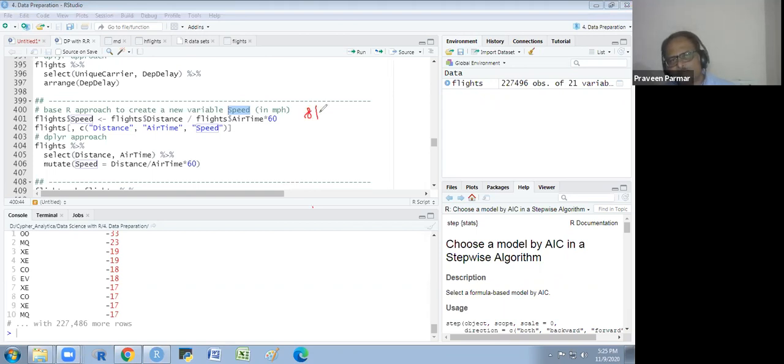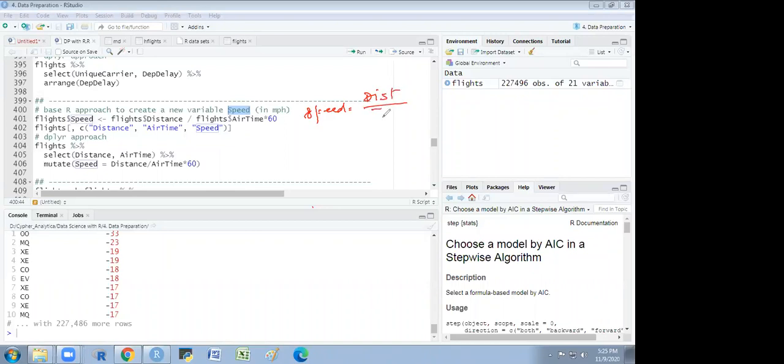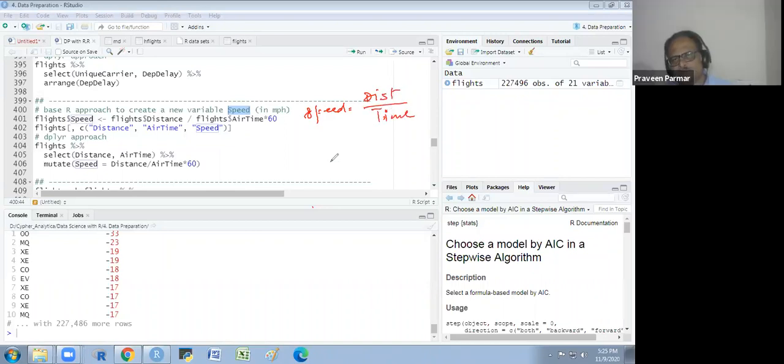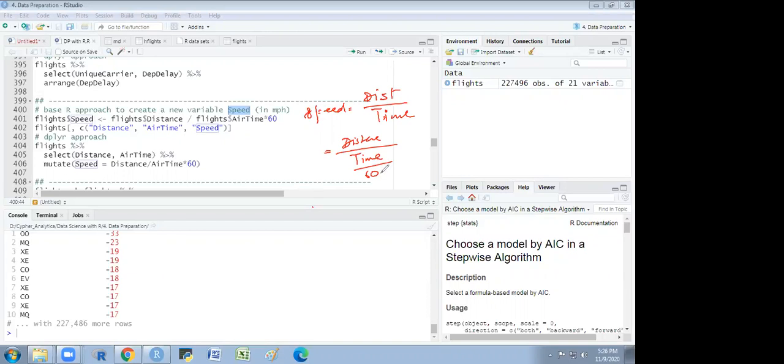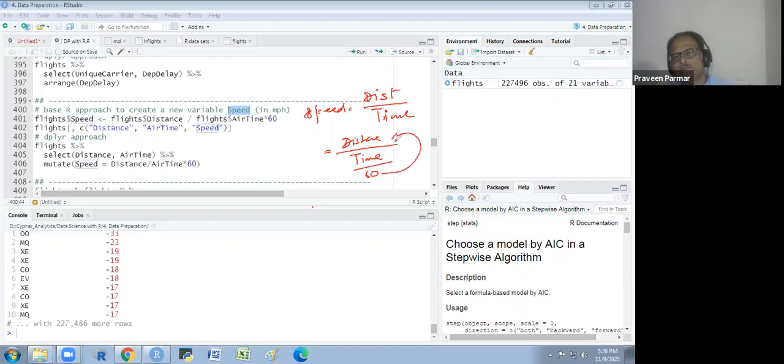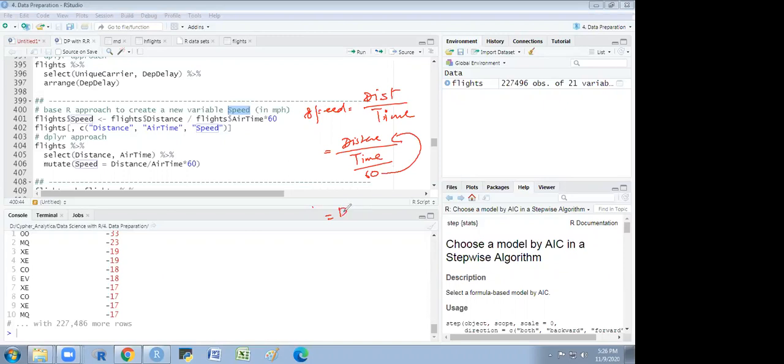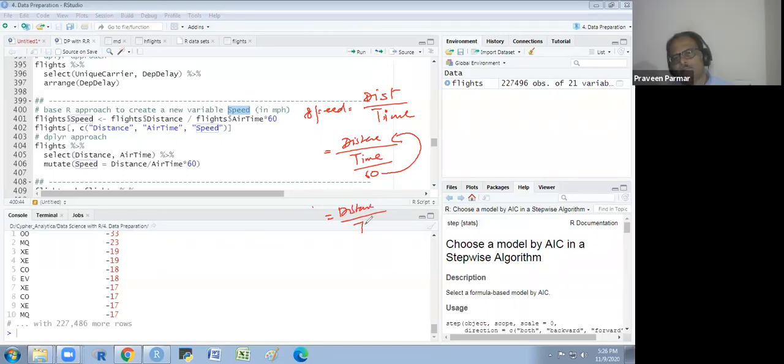We know that speed is equal to distance by time. Time in minutes we have, you know that. So distance we are writing whatever the distance, and time we divide by 60 for converting to hour. So it is the denominator of the denominator; if we go to the numerator, it is distance over time into 60. Got it? So we have multiplied by 60.